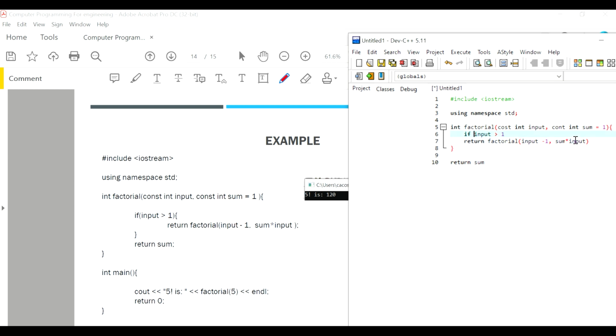In this particular case, we need to create parentheses because it's an if. And since we're doing a single line, we won't need brackets. But we will need return sum, a semicolon here, and we need a semicolon here. Now let's create our main function. So main, curly brackets, return 0,